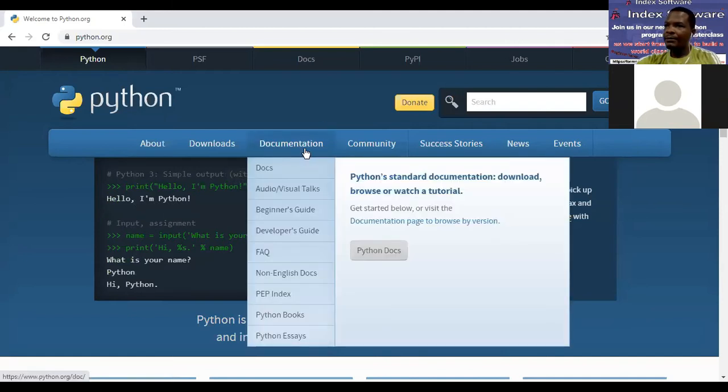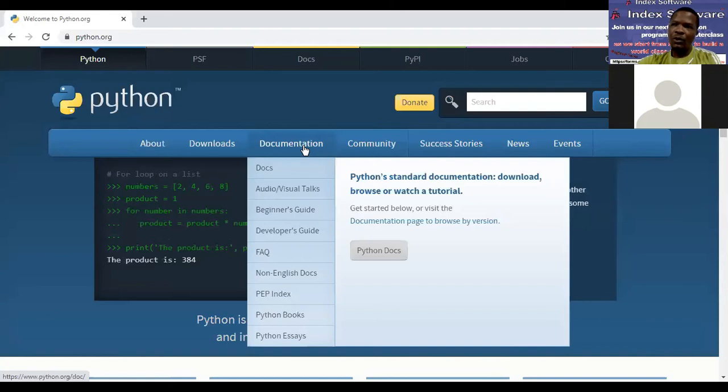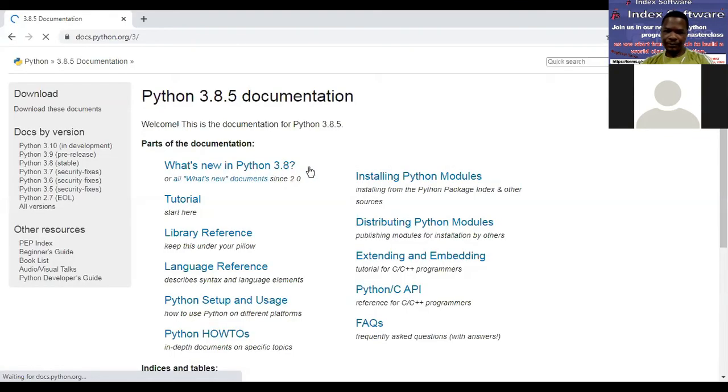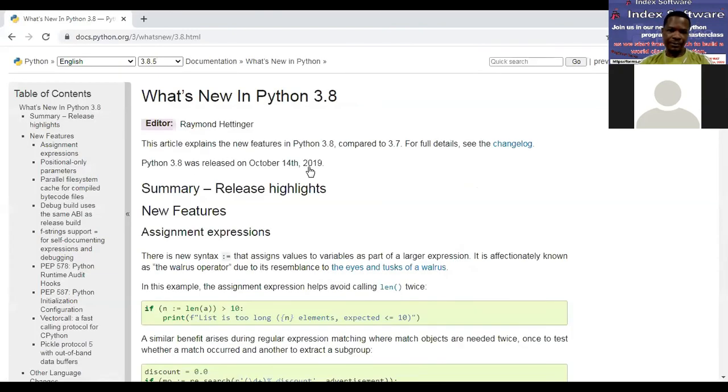While on that, let's open the documentation as well. So open version 3.8. The network seems to be slow, but all the same.